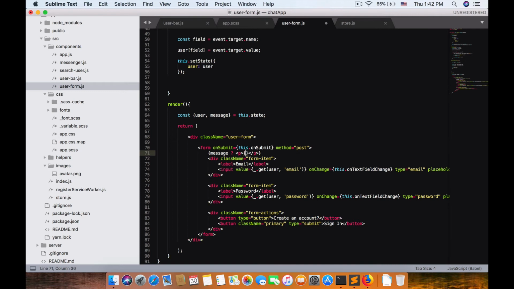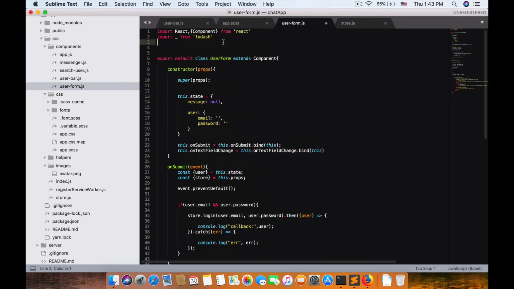And right here we can just output the message.body, and className, className should be message. And so I'm going to use a className from